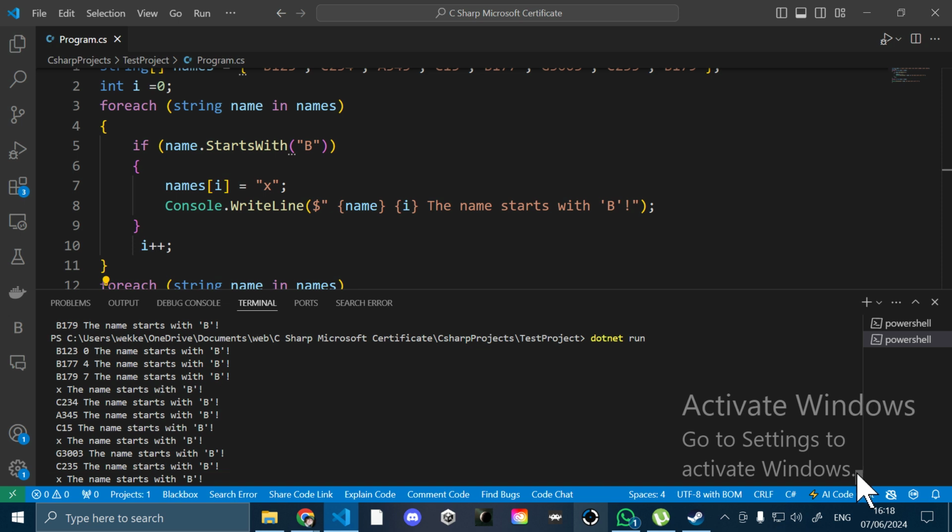Yeah, this is what I want to be. So this is correct. The one that was a mistake, because the first one we know is at index 0. So B123, that's the first one, but it's index 0. It starts with a B, right? But then